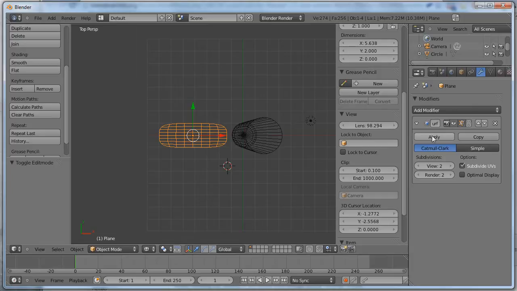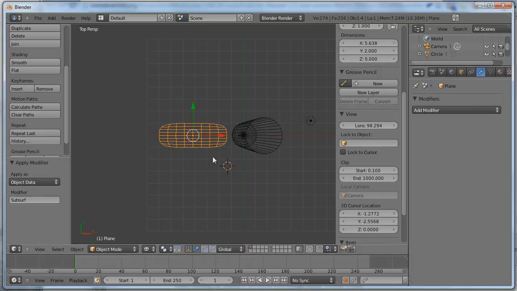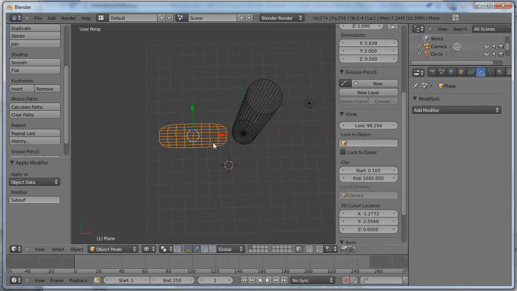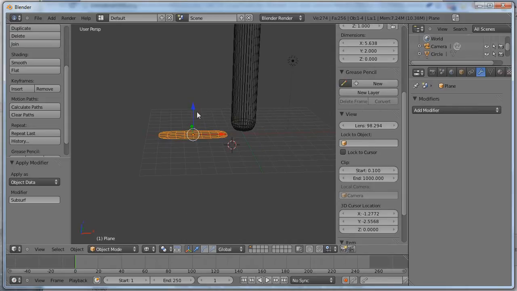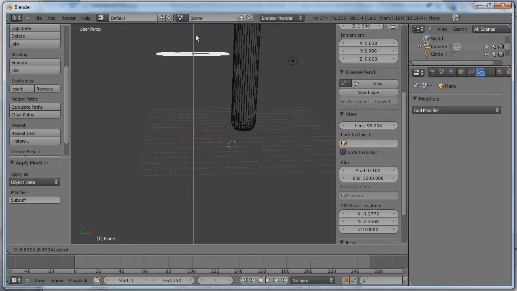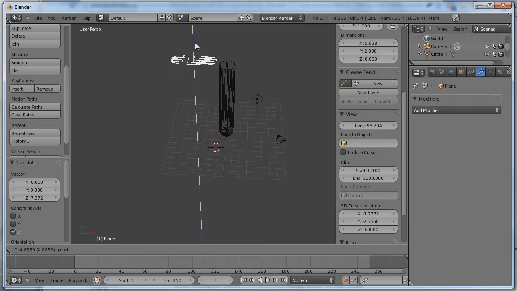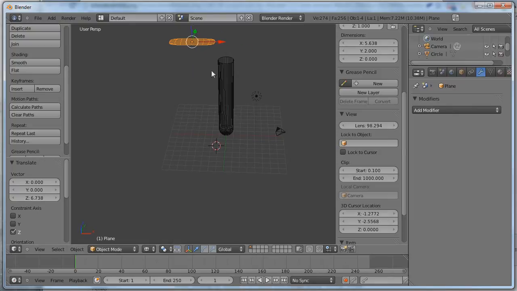And I'm going to hit apply and apply that surface. So if I use the middle mouse button, I can see that I have a new surface. Now, I'm going to move that surface up, zoom out with the middle rotation button, move it out, reposition it, and in fact, I'm going to reposition it